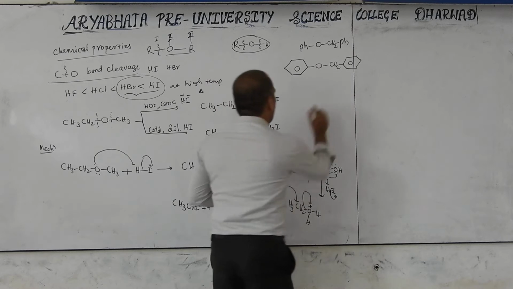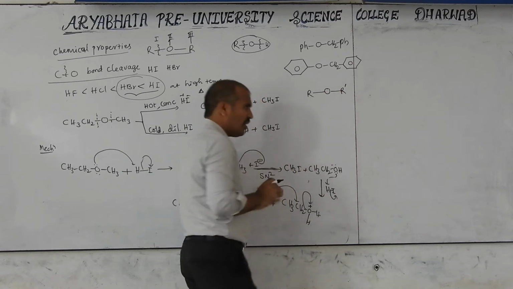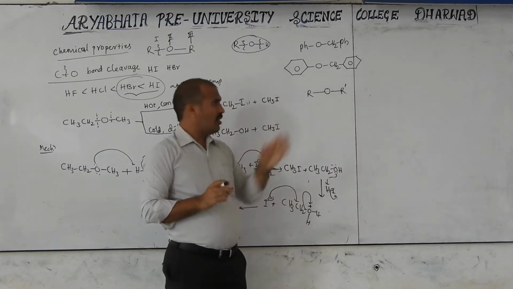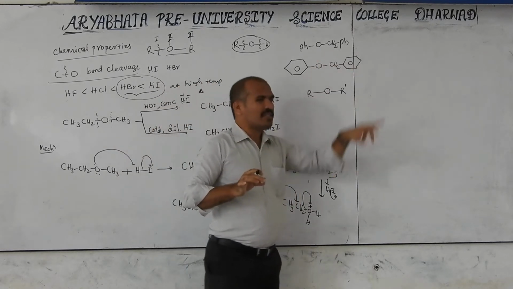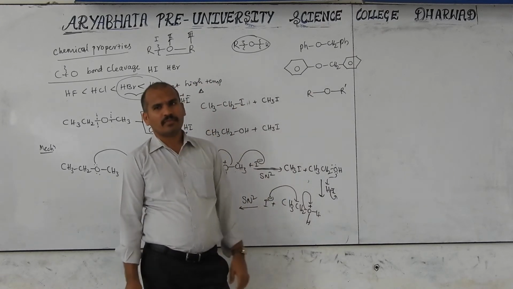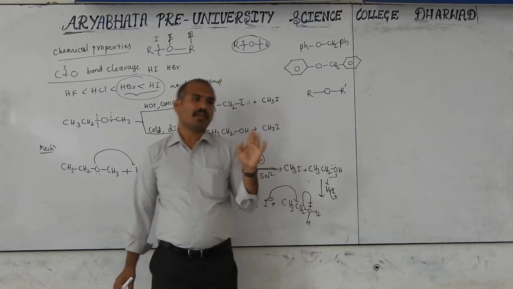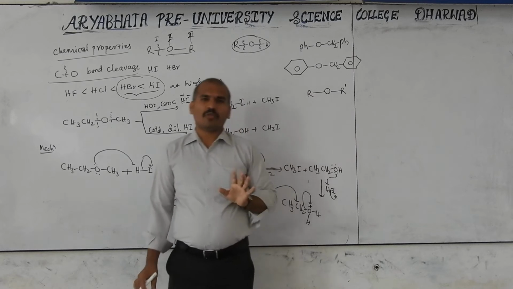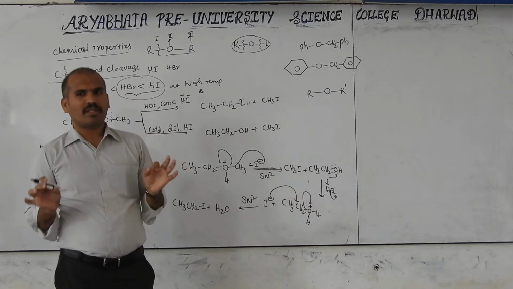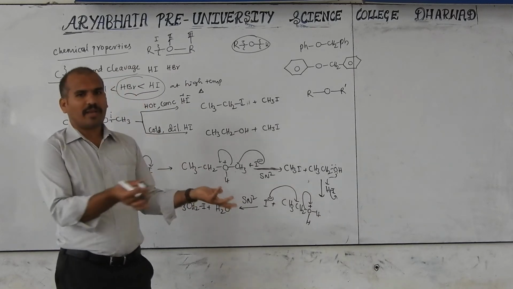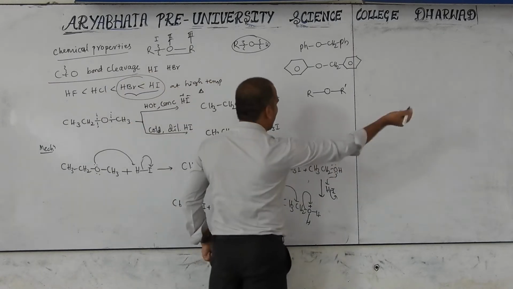This is an oxygen, left side R, right side R dash. On any one of the sides, left or right, if a tertiary group is there or a benzyl group is there, which type of reaction does it undergo? SN1. On any one of the sides, if at least one tertiary group or at least one benzyl group is there, it will undergo SN1 reaction. Very simple to remember: tertiary group is there, SN1. No tertiary, only primary or secondary, it undergoes SN2. Otherwise, it may be confusing.